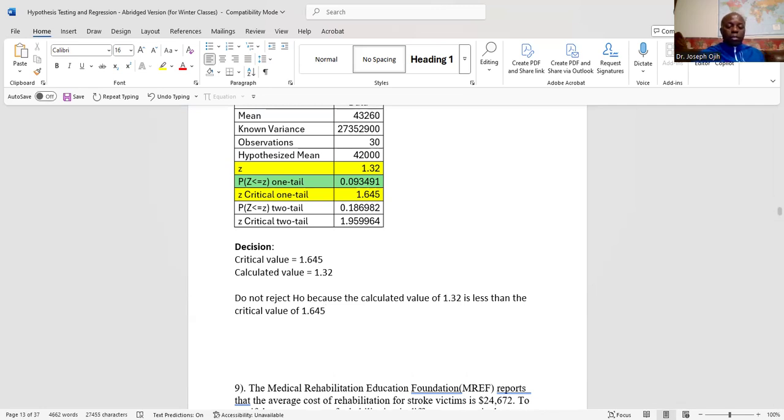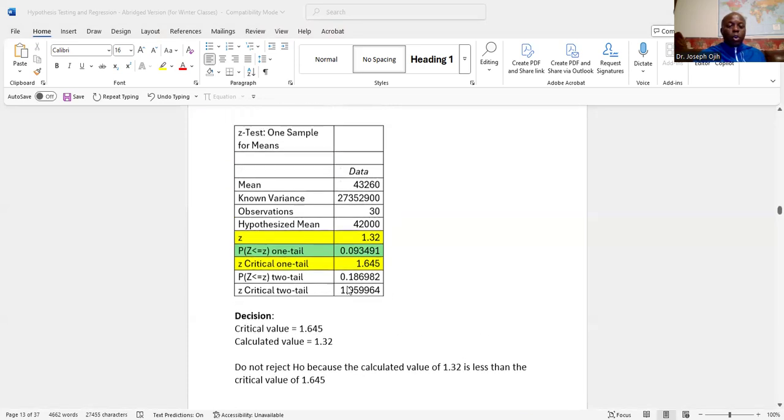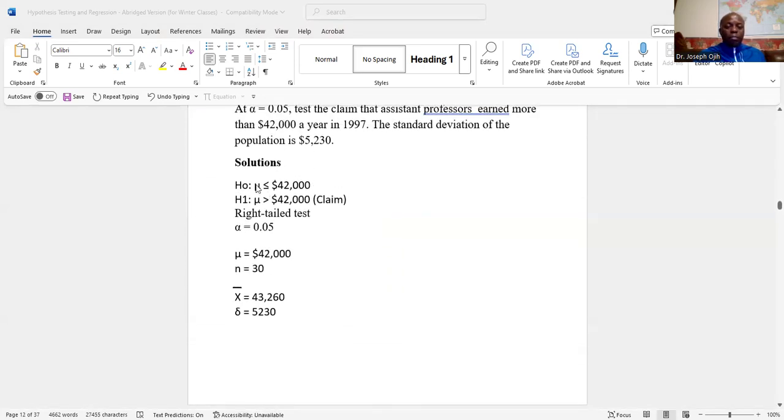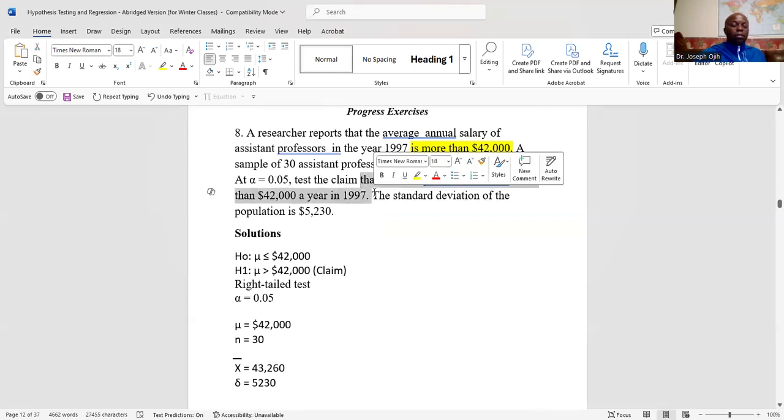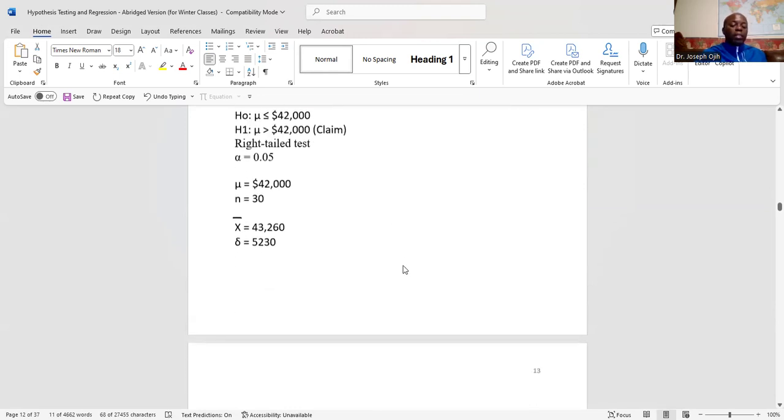So we do not reject. We then reject the hypothesis. That means we do not reject; this is not the hypothesis here, that the mean is less than 42,000. So we do not reject it. That means we are not accepting this claim. It means that the claim is not correct. So we can now make our conclusion by stating that